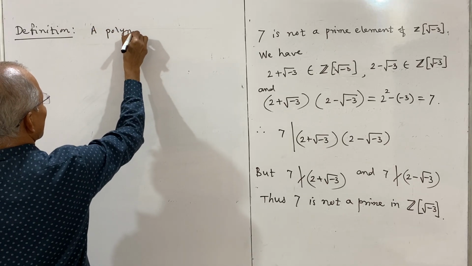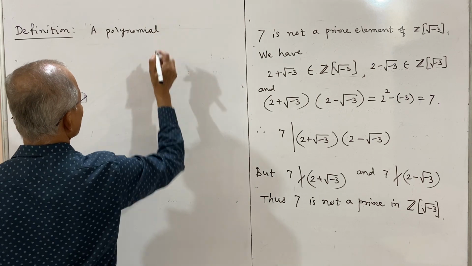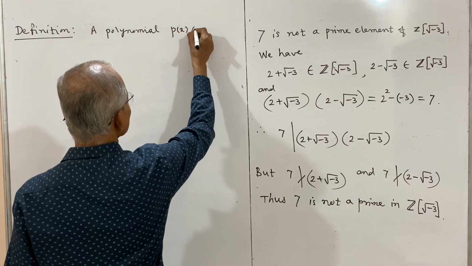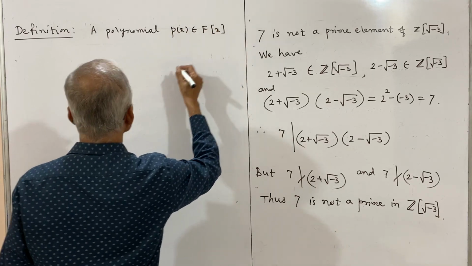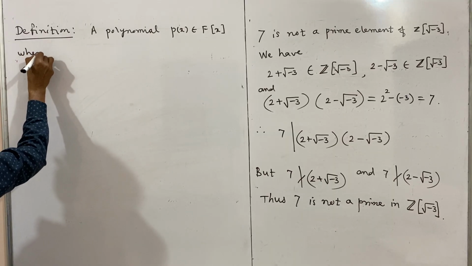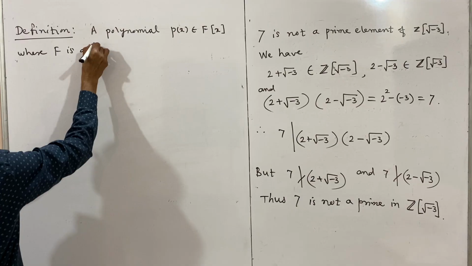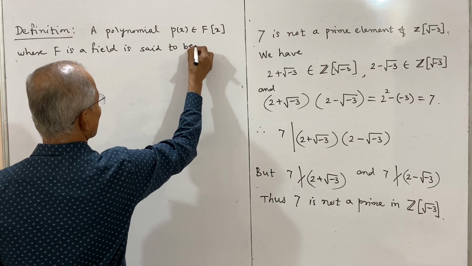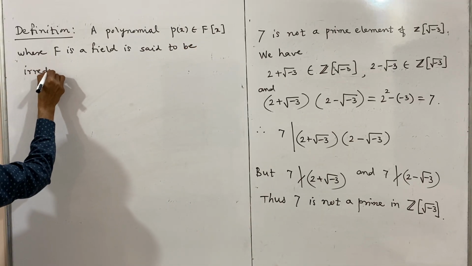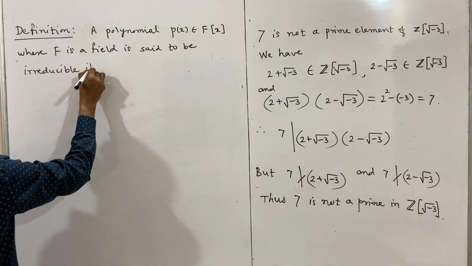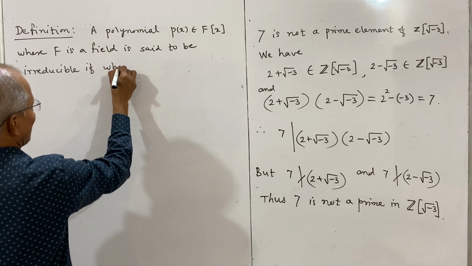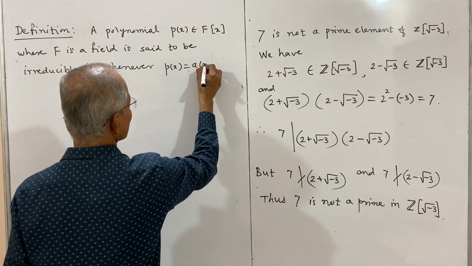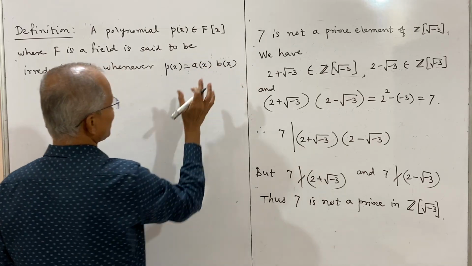A polynomial P of x belongs to f of x, where f is a field, is said to be irreducible if whenever we can write P of x is equal to A of x into B of x, product of these two polynomials,